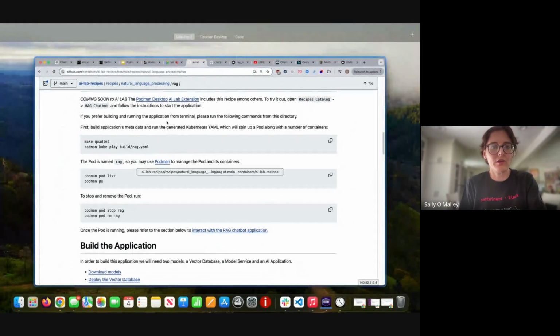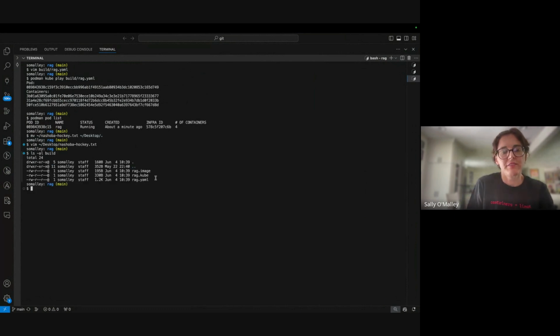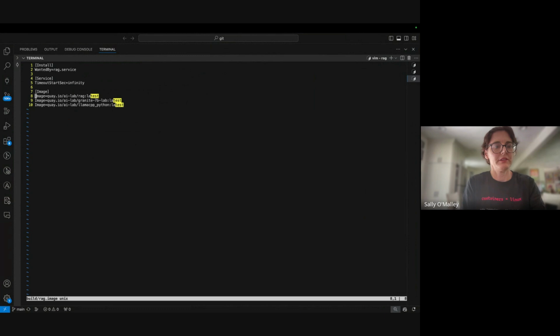So over in here, I did make quadlet, and when I ran make quadlet, you can see I have the image file, the quadlet cube file, which looks like this. If you haven't seen it, here is the cube file, the image file.